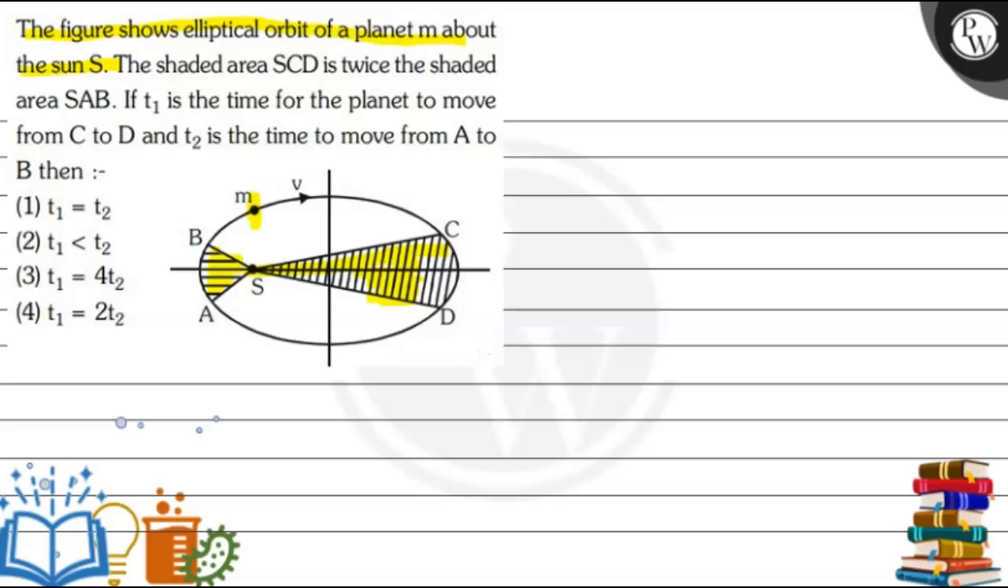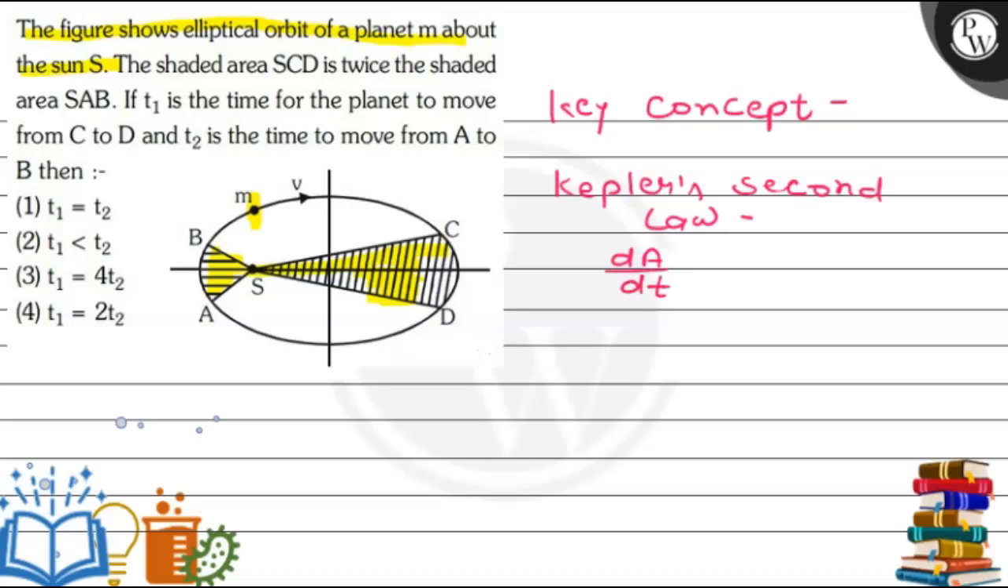So let's see the key concept of this question. Key concept of this question is Kepler's second law, which says that the areal velocity of the planet remains constant. That means for any two areas, dA1 over dt1 will be equal to dA2 over dt2. Okay, you can write this also as A1 upon T1, A1 is the area covered in time T1 and A2 is the area